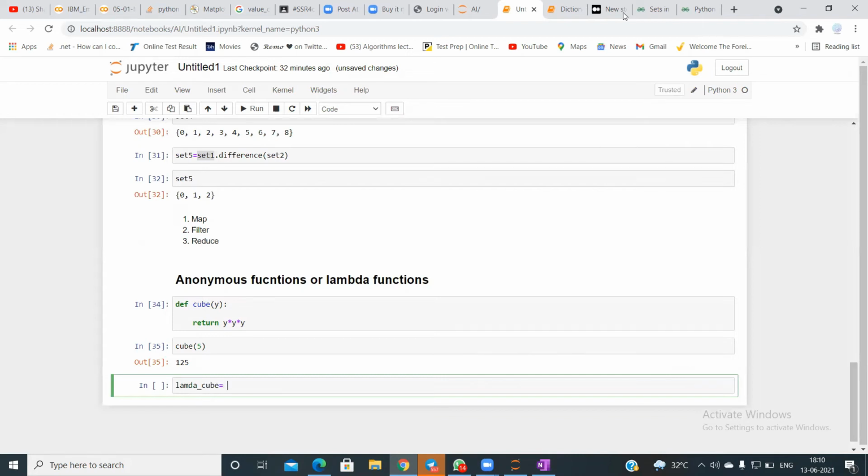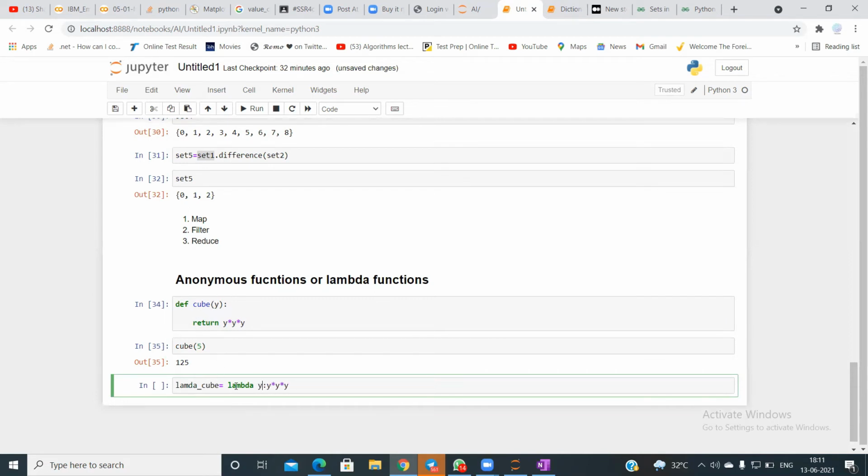So my lambda cube, right? I'll just say lambda x, and lambda x or something. I think you shall explain that this is like a return function, and here def cube is like we created our own function.